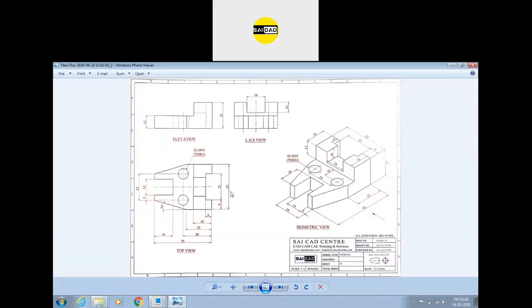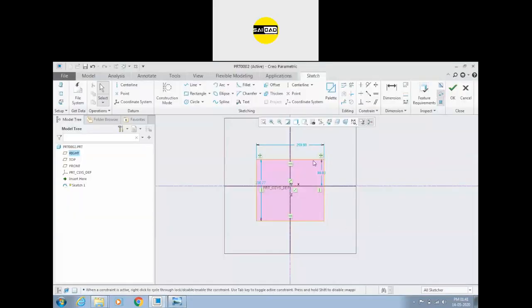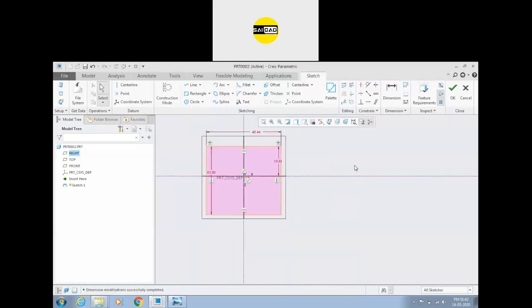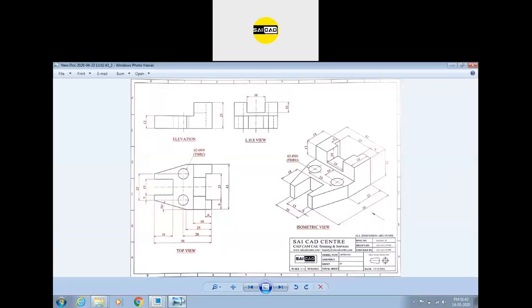The values are 43 and 56. To control all the values, select like this. Go to modify and select the lock scale, and you can now change the value. We know that this value is 43, so double click here to enter the value 43. Now you can see all the values are available like this. So 43 is defined. We need this value to be 56, and we need this object to be symmetrical, so select the symmetry relation and define this as symmetrical. So there is the 56, there is the 43.